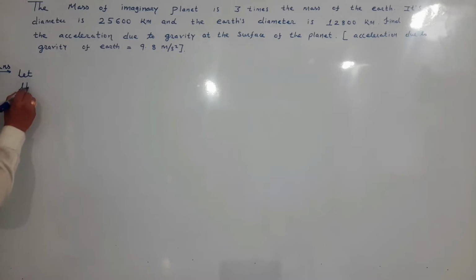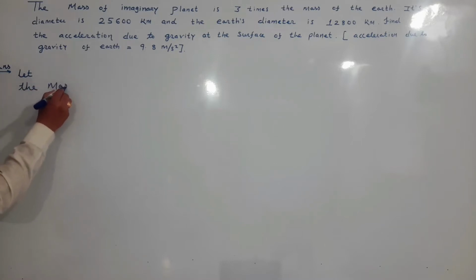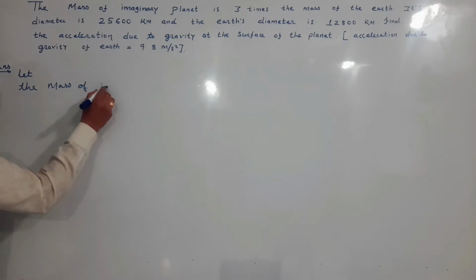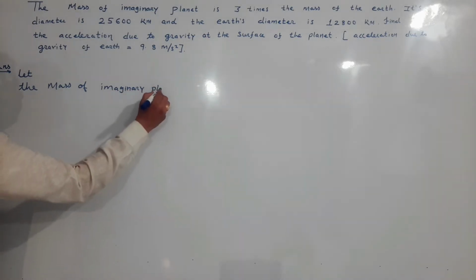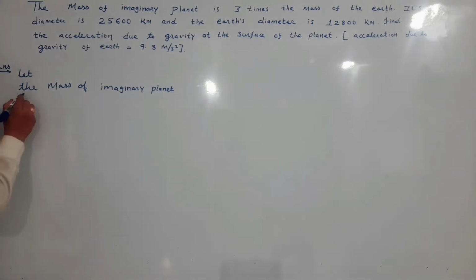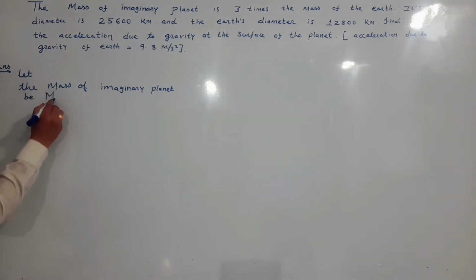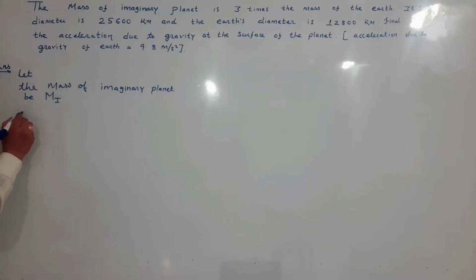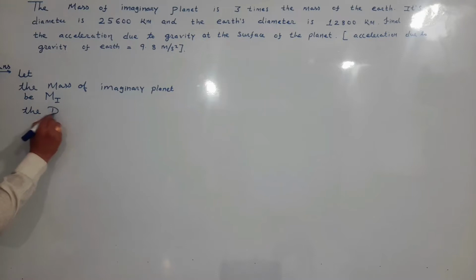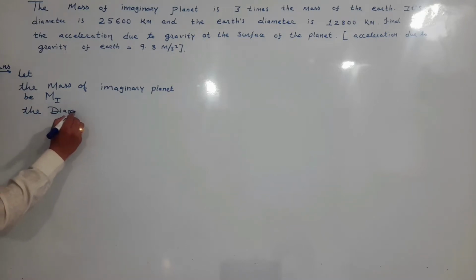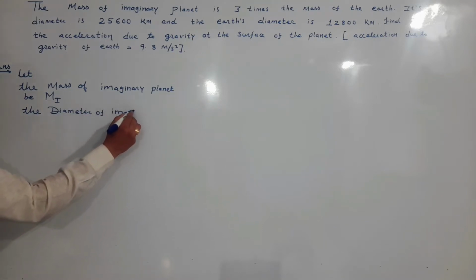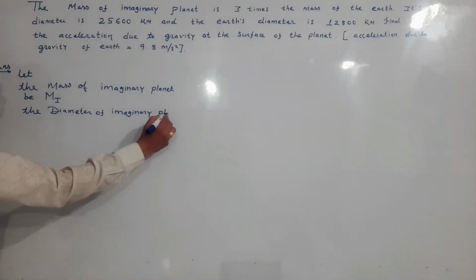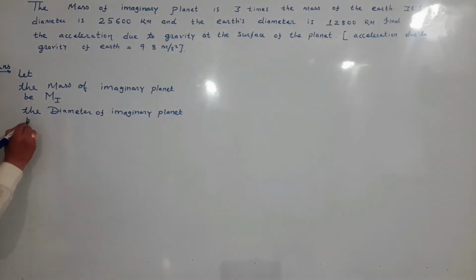Let the mass of imaginary planet be Mi. The diameter of imaginary planet be Di. The radius of imaginary planet be Ri